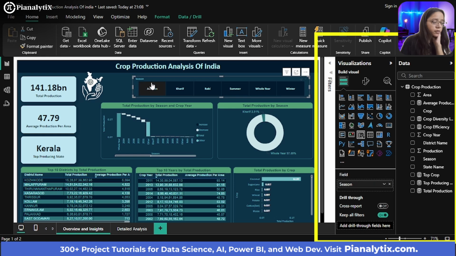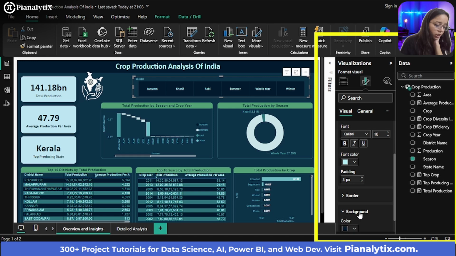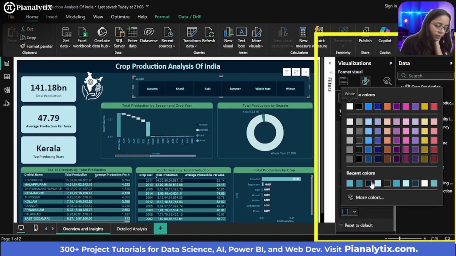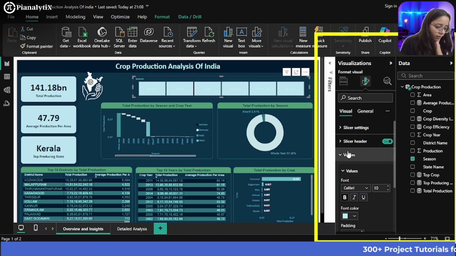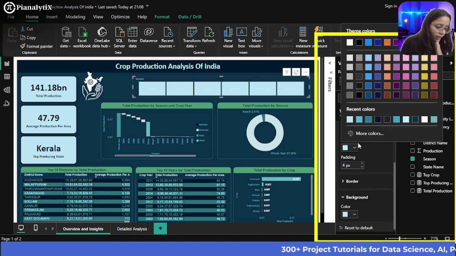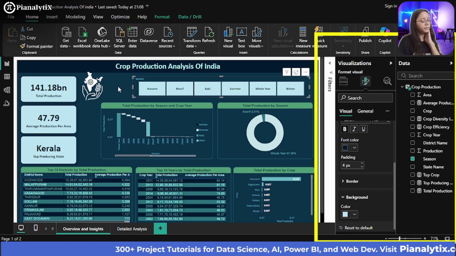First of all, you can change the color of this also. For example, in the value section, you can change the background colors of these. Let us go with this color. Right now it's not visible, but we can change the value color. So now this looks much better.